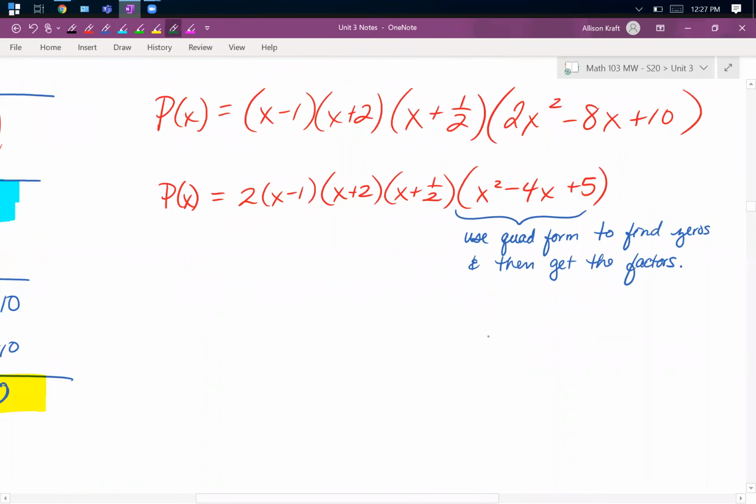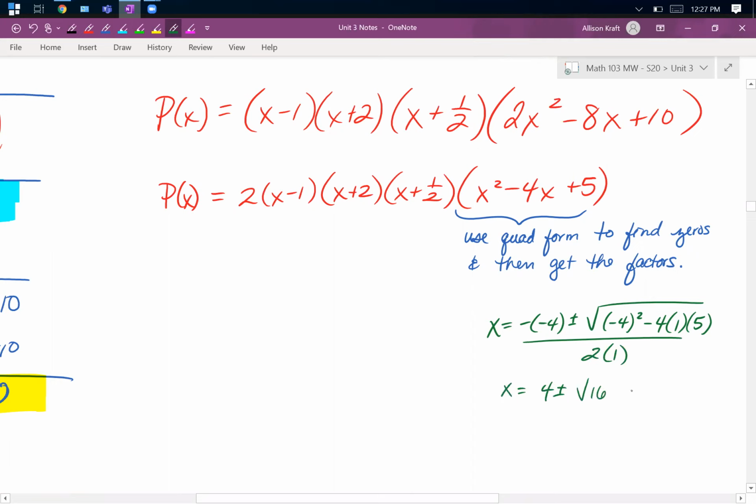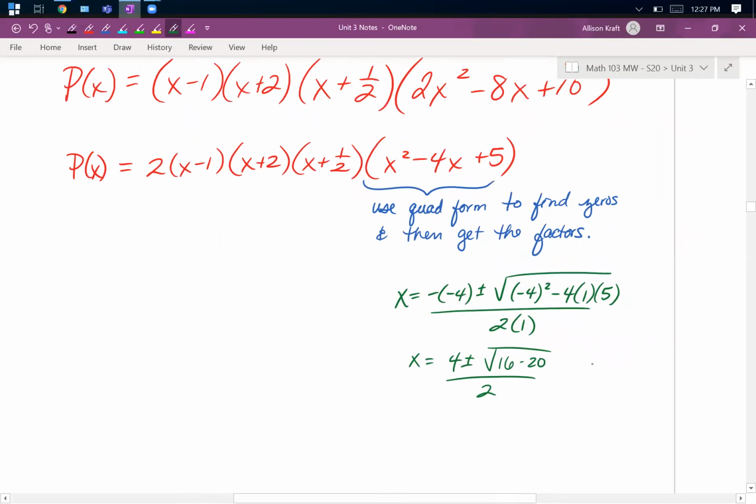So here it goes. x equals negative 4 plus or minus the square root of negative 4 squared minus 4 times 1 times 5, all over 2 times 1. So that's 4 plus or minus the square root of 16 minus 20 over 2, which is 4 plus or minus the square root of negative 4 all over 2,